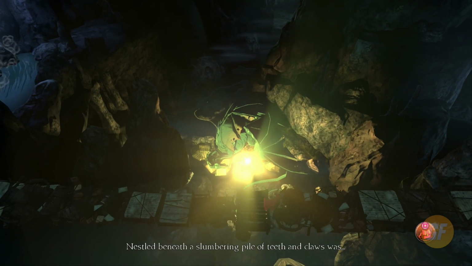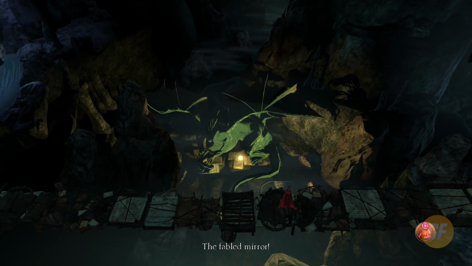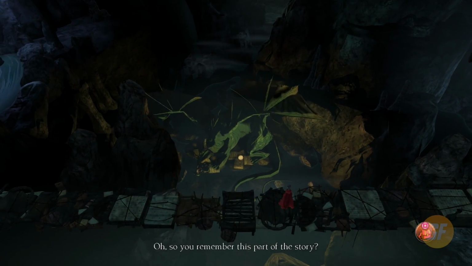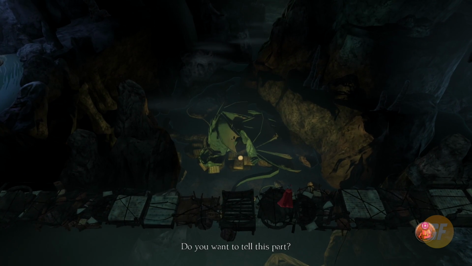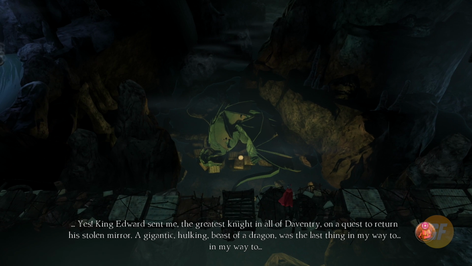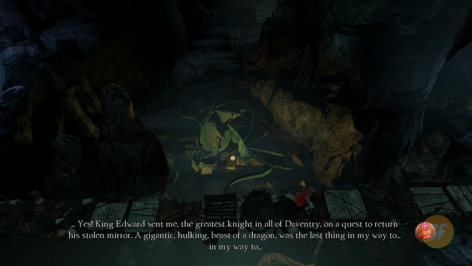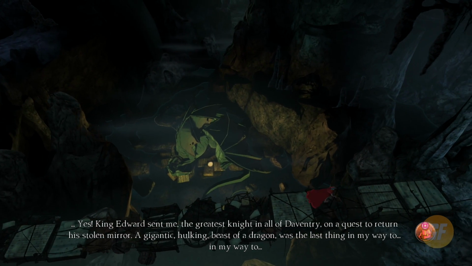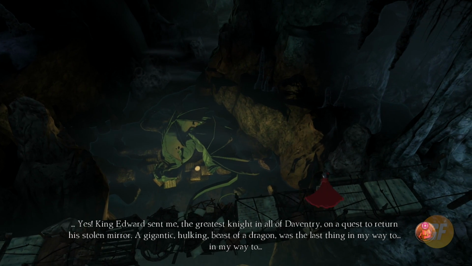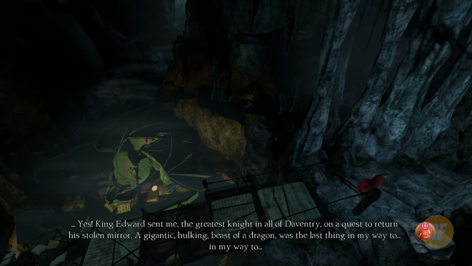Nestled beneath a slumbering pile of teeth and claws was... Fabled mirror. Oh, so you remember this part of the story. Well, dragons are my favorite. Do you want to tell this part? Yes. King Edward sent me, the greatest knight in all of Daventry, on a quest to return his stolen mirror. A gigantic, hulking beast of a dragon was the last thing in my way to...